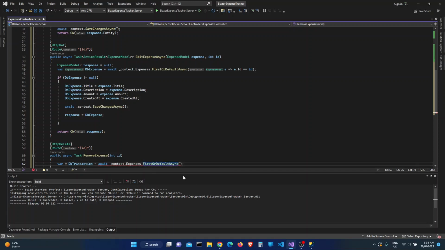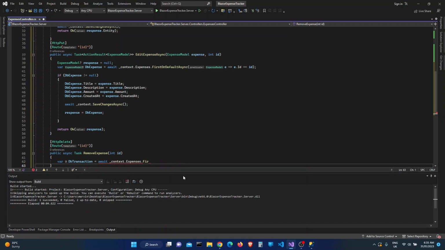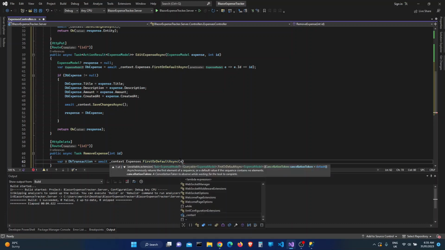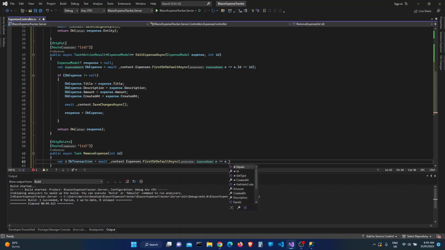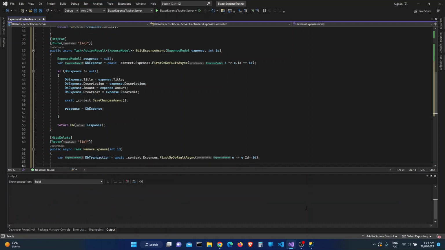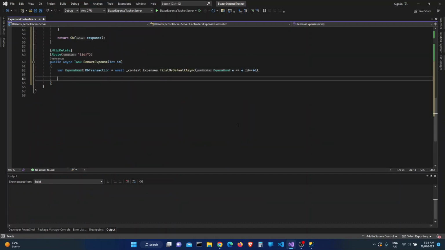We'll add a little function here, FirstOrDefaultAsync. You can say e.Id is equal to id. Then we want to check if it is also not equal to null, because if we can't find that particular expense with that id, then we don't do anything. But if we do find it,